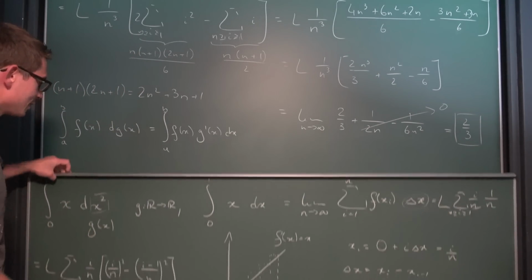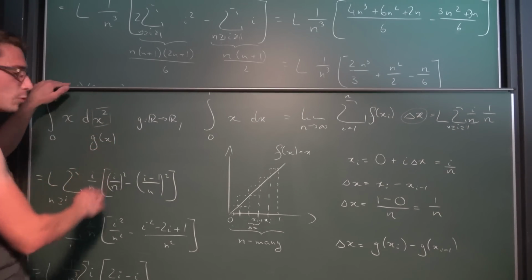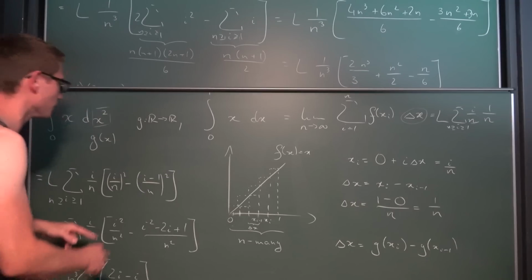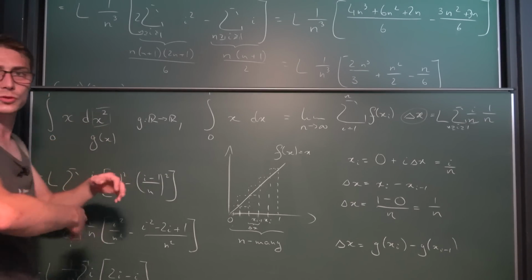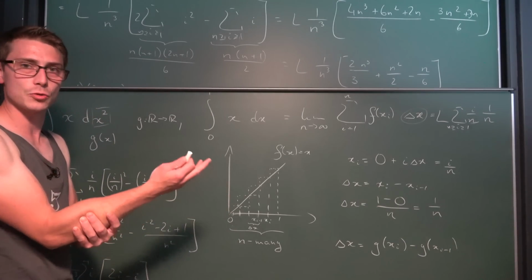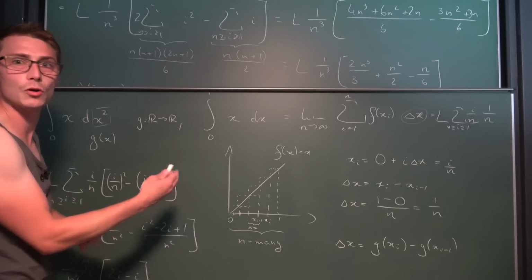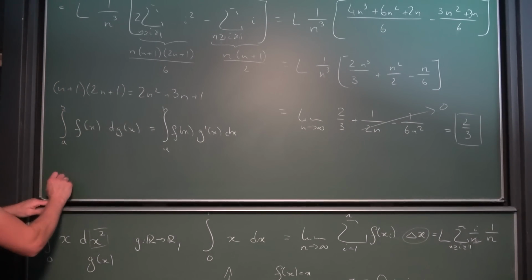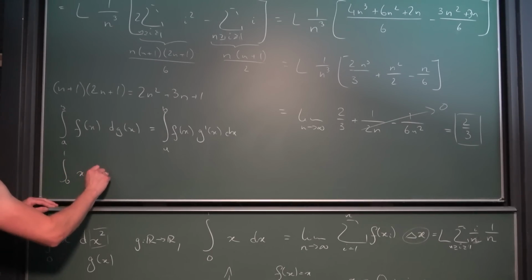And this obviously works for dx squared, where g of x is x squared, because this right here is continuously differentiable. If you differentiate it, you are going to get 2x out, and 2x is continuous and also differentiable once again. So we can apply this trick here, meaning the integral from 0 to 1 of x dx squared is